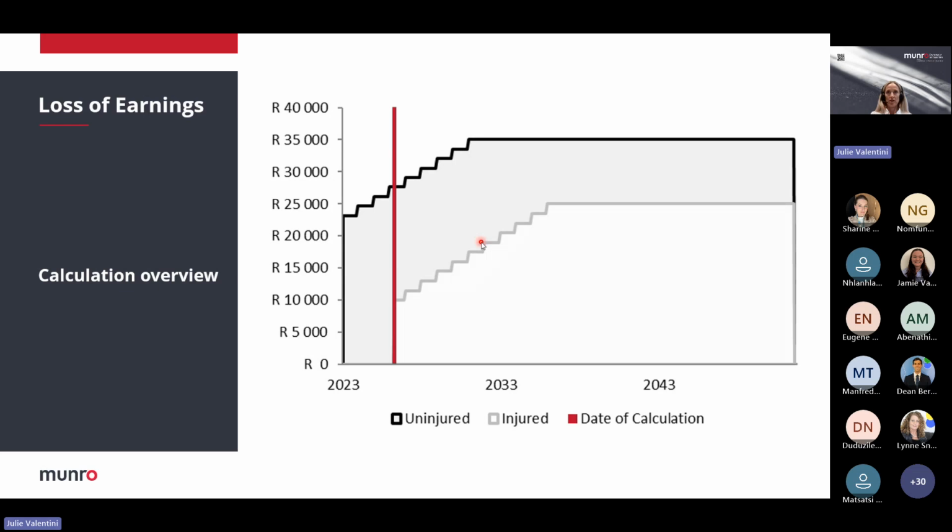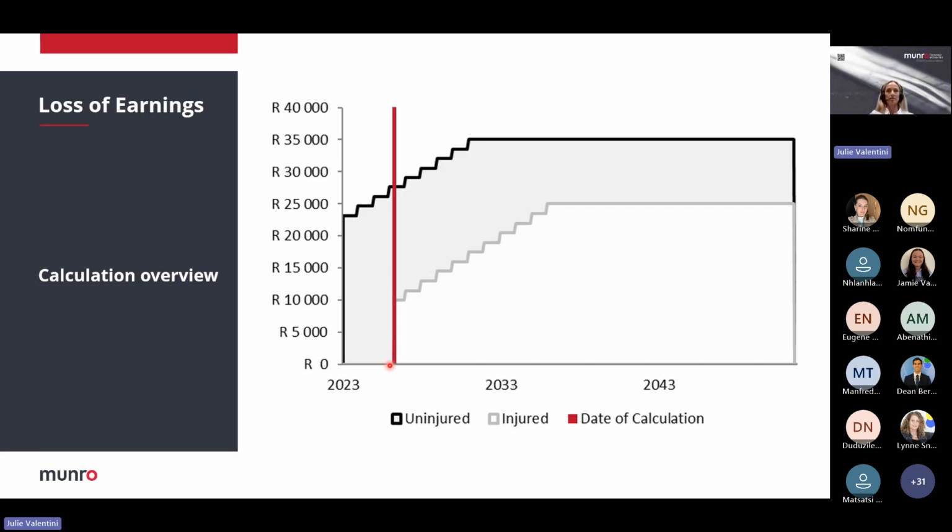The second earning stream we look at is the injured earning stream, which is sometimes called the now that earning stream. So now that the accident has occurred. It is shown here by the lighter grey line, and you can see in this case, there is nothing to the left of the red line. And the reason for that in this particular case would be that the claimant didn't return to work